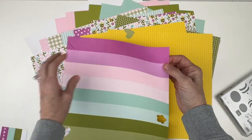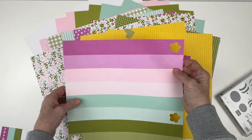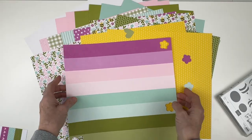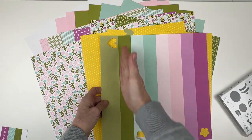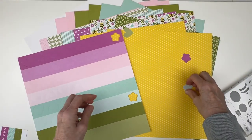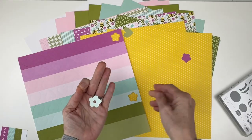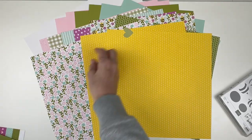of each color. It's kind of clever the way that they inserted those flowers and those hearts inside the colors so that you would have some of every color. And you could actually cut this on vertical or horizontal strips. So if you wanted a multicolor stripe, you could, or some single ones. And then of course you get all of the cute little punch out flowers and hearts that you can do